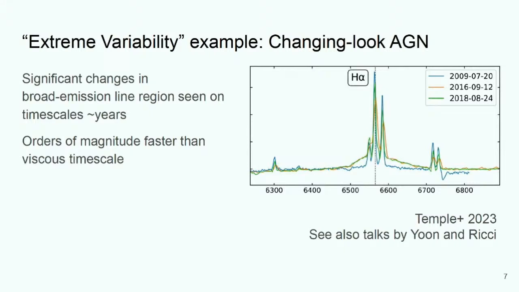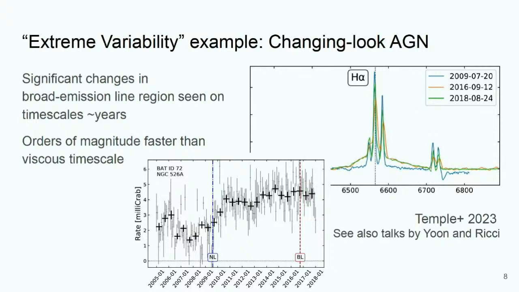And so this is an example of an object selected from the Swift-BAT survey, so it's selected in ultra-hard X-rays. When we look at the archival spectra for this object, we see that over a period of less than 10 years, the broad H alpha emission line has completely switched on and appeared. And so this is happening orders of magnitude faster than the viscous timescale. And it's a real puzzle as to what's happening to actually allow these changes to happen in the central stages on short